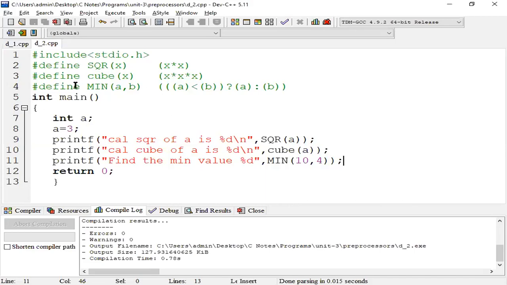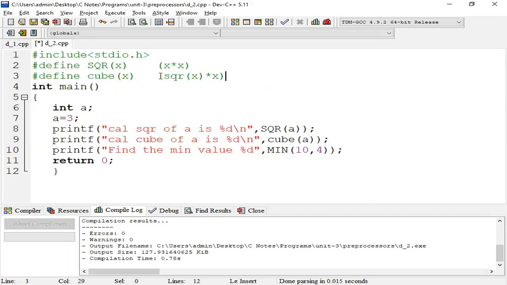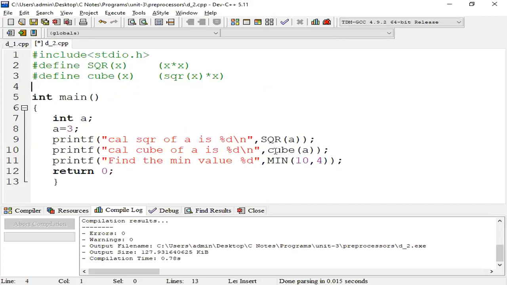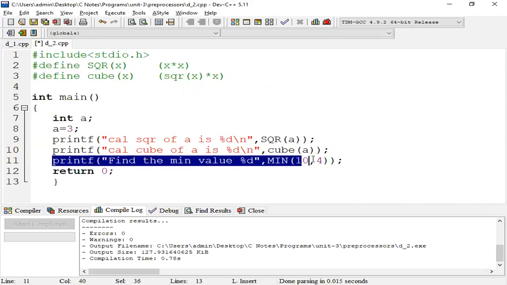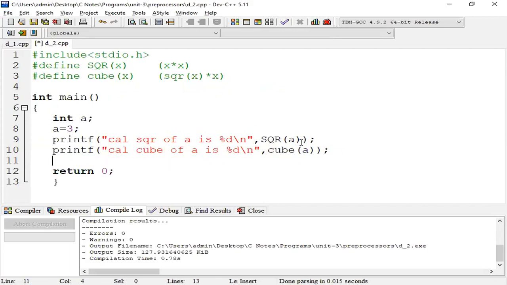Here, how can we represent the cube? SQR of x into x. In that way, we can directly represent it. Here is the same example. Square of a means 9 will be displayed.